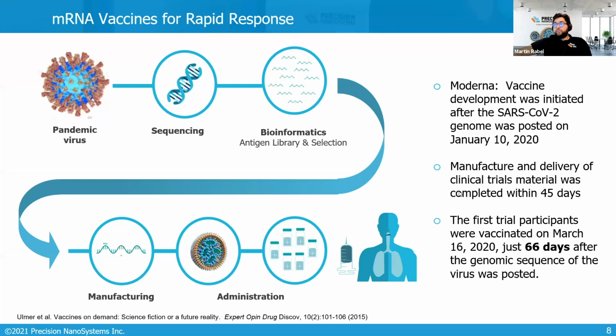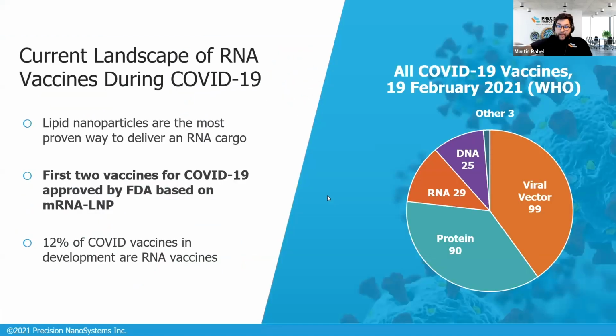pathway. Nevertheless, when we look at Moderna's case for the current COVID pandemic, we see that they were able to produce clinical trial material 45 days, so not even 2 months, after the first sequencing of the genome was done. And after 66 days, so roughly 2 months, they were administering this trial material into the first patient, which shows that it works. And as said already, 12% of the COVID vaccines that are now in clinical trials will be RNA-based vaccines. And the first 2 vaccines, so the front runners, were mRNA-based vaccines that were approved by the